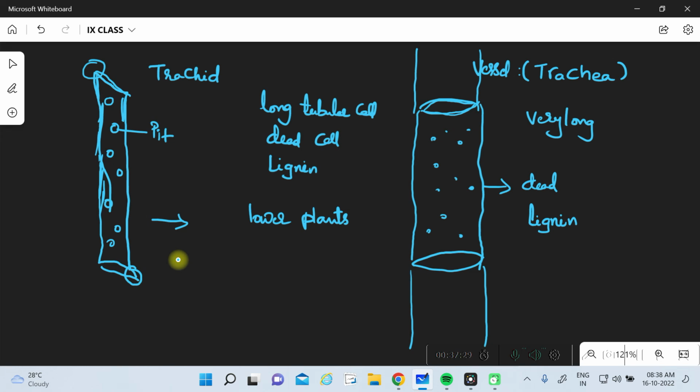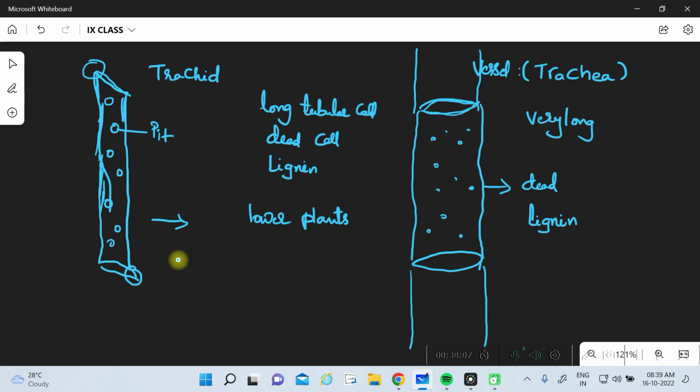So when we look at the vessel and tracheid, their purpose is the same: to transport, or what we can say, conduct water. But the amount of water they conduct is different. Tracheids conduct less water. The capacity of carrying more water is high in the case of vessels. So that's why in higher plants you will see the presence of vessels, and in the lower plants you will see the presence of